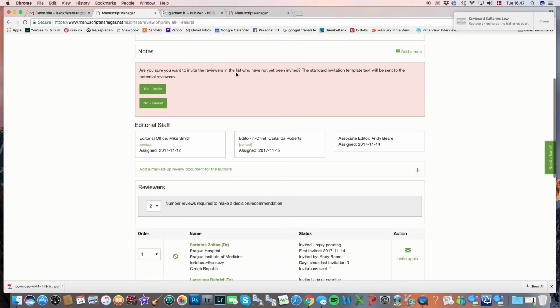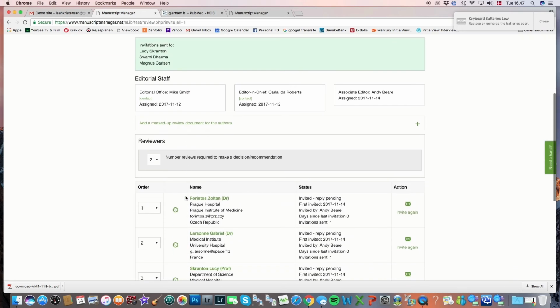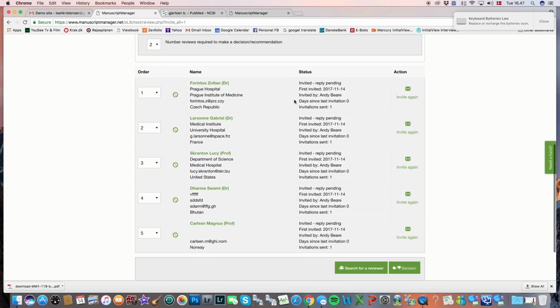Are you sure you want to invite the reviewers in this list who have not yet been invited? The standard invitation templates text will be sent to the potential reviewers. If that suits your purposes, to quickly invite everyone on your list, you can go ahead and click Yes Invite. And you'll see that you have an extra confirmation here in a separate green box that the last 3 have been invited, as well as their status update on your possible reviewers list down here. So now we've effectively sent an invitation out to the 5 reviewers that are potentially good reviewers for this manuscript,